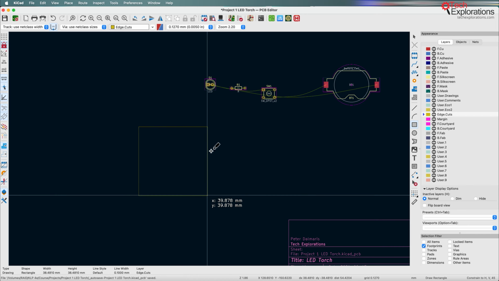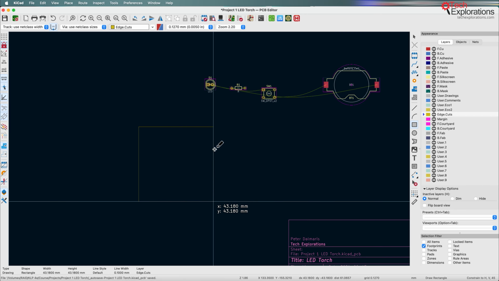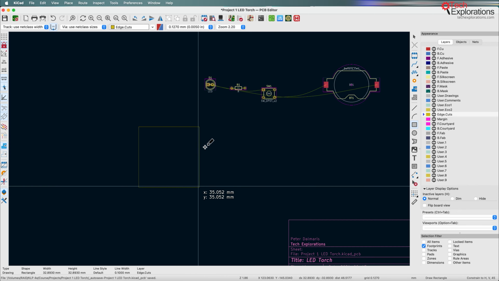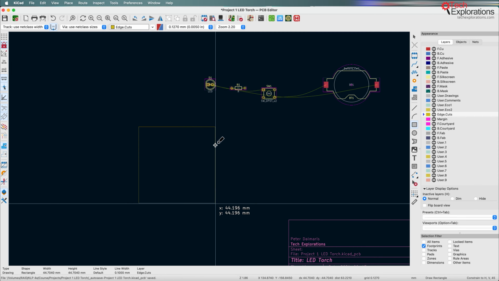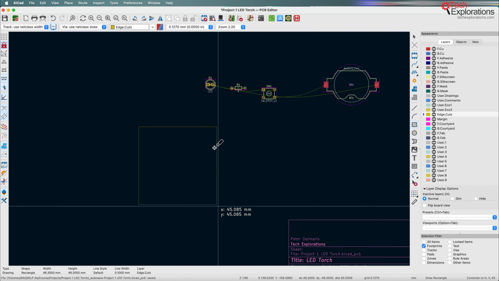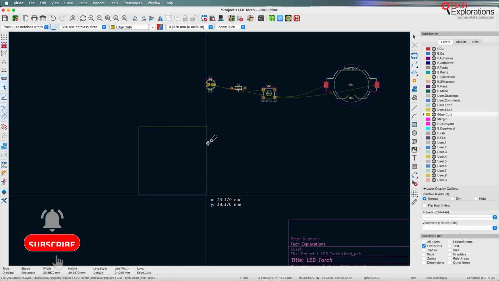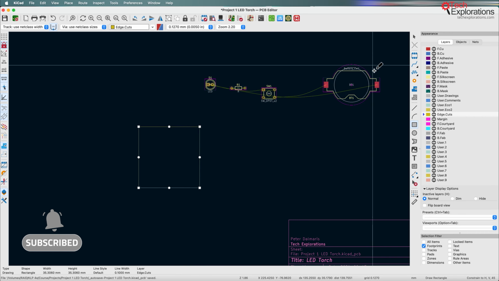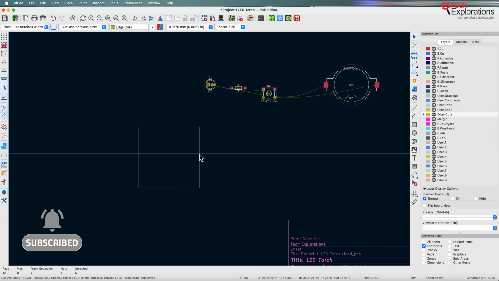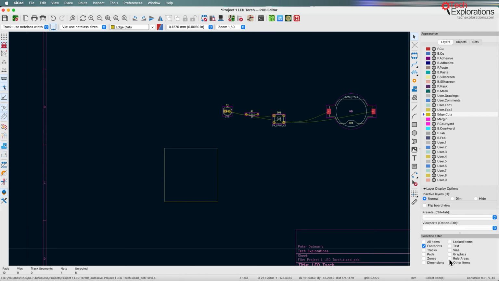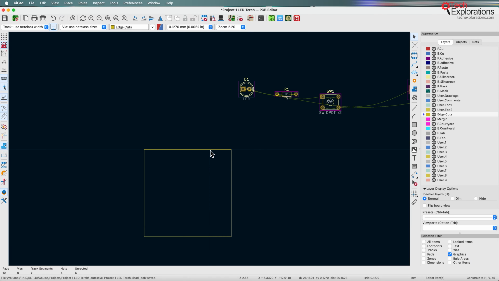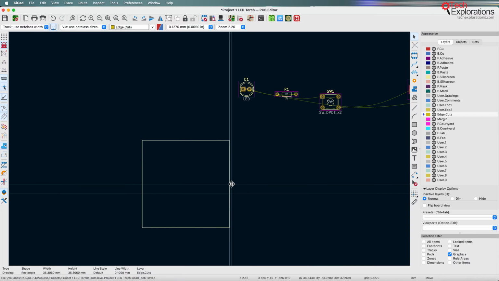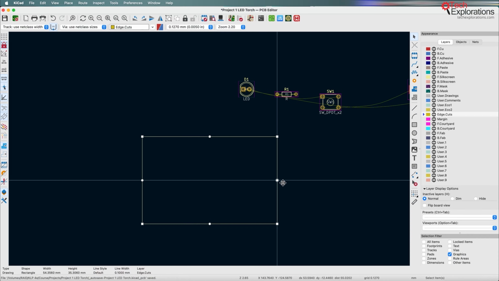So I can't draw a rectangular shape where the two dimensions, height and length, are different, because they're locked together. So I'm just going to click to finish drawing and then use these handles with the simple arrow tool. Just select again. I need to select graphics. The filter is working. So select graphics, zoom in, select the rectangle,